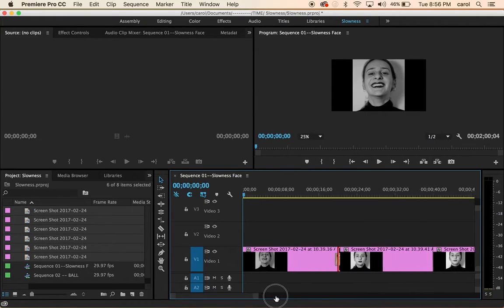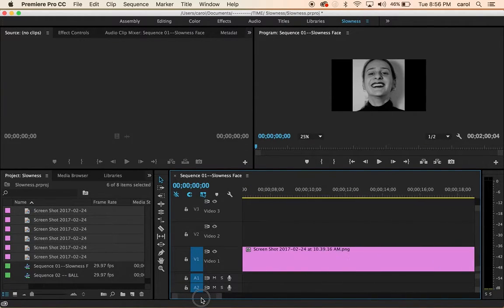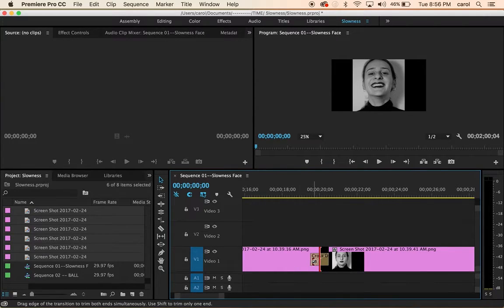Then I'm going to need to zoom in and scroll over to see that transition. That transition is a cross dissolve. You see, this is one image, this is the other, and this transition is cross dissolving from one to the other. So if I grab on to the end of this, like this is a piece of Scotch tape put on top of two pieces of film, and I pull this out,